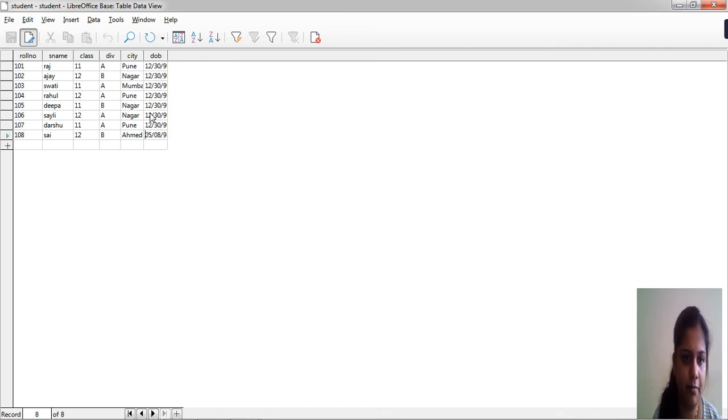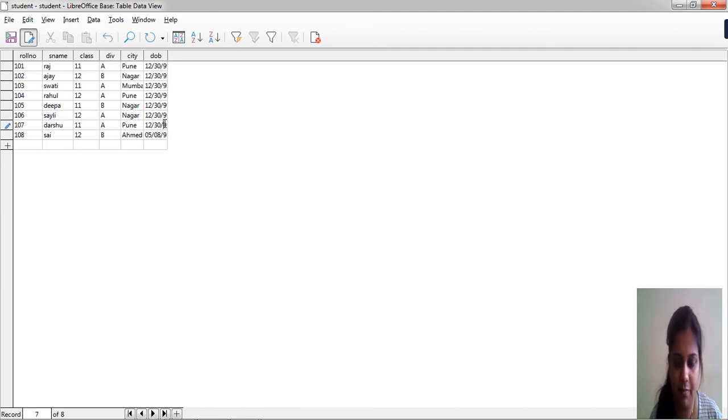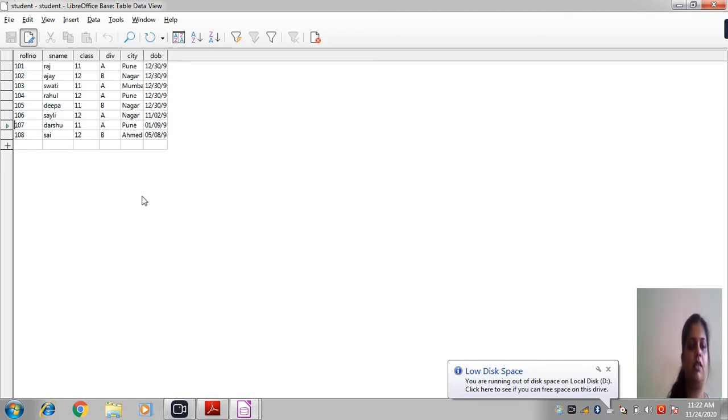Okay, so here everywhere I have given the same date. Just a minute, here is a little change. You all can see all dates have been given the same, due to error, 1995. Okay, so you all have to keep in mind these are the minor changes which are needed. If you don't use the slash properly, there is again the error generation. Okay, so in this way I have created.